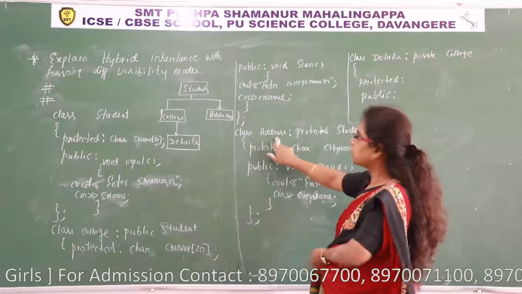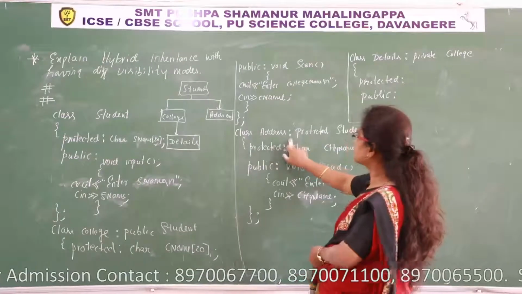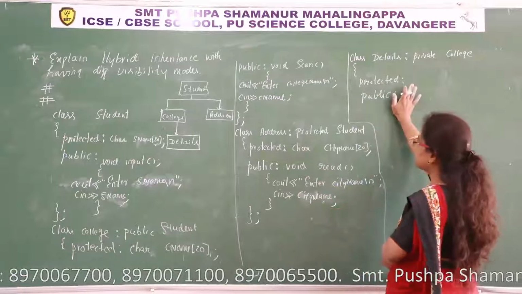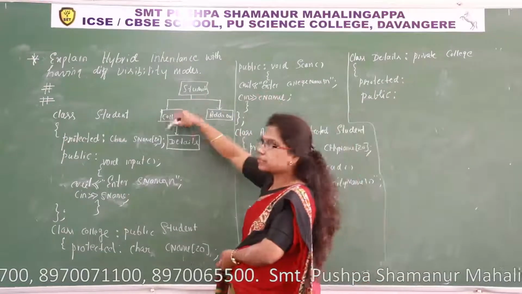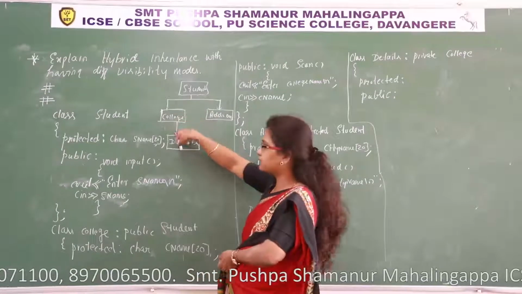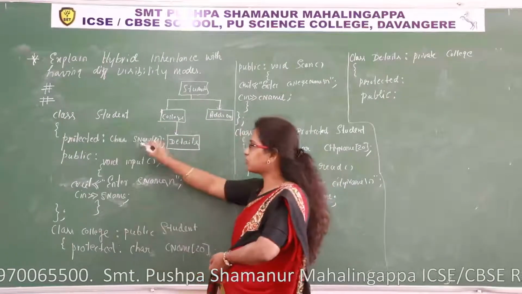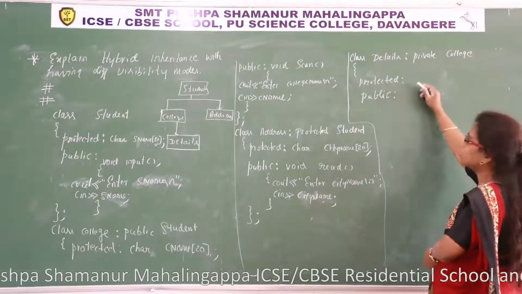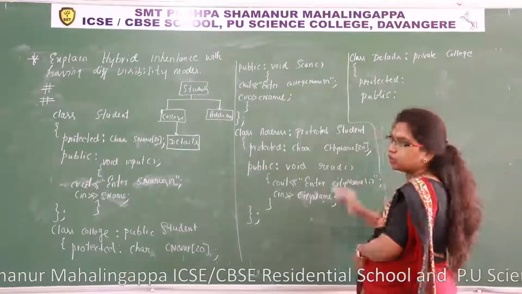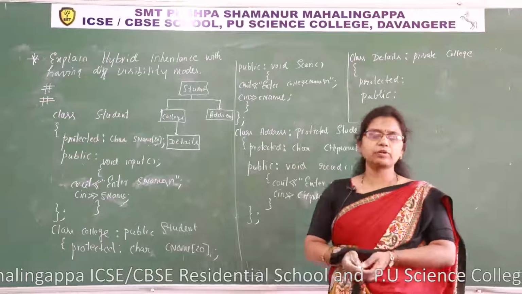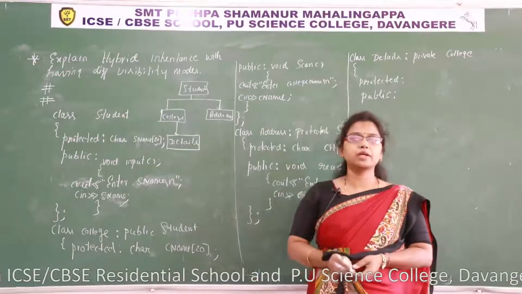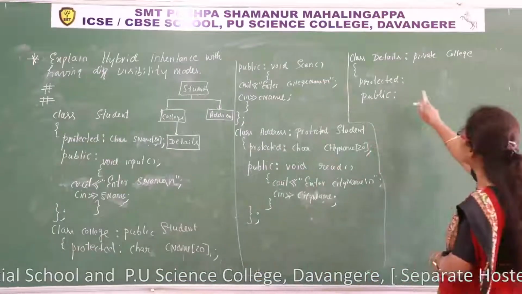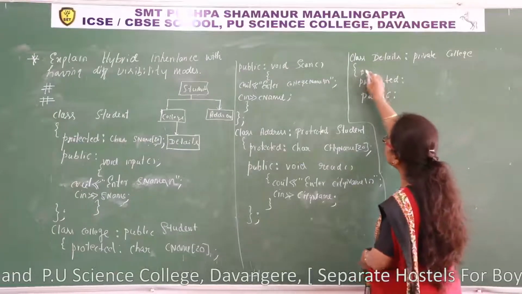Now class address, which is also derived from class student. Right now I'll leave this part, I'll come to it later. So I'm concentrating on this path: student, college and details. Student is a base class, college is a subclass of student and detail is a subclass of college. Now the detail class is inherited in private mode. You all know in private mode what happens? Base class public and protected members are inherited to the private section of the derived class. So in the private section, I did not mention the access specifier. Okay, I'll write private here.